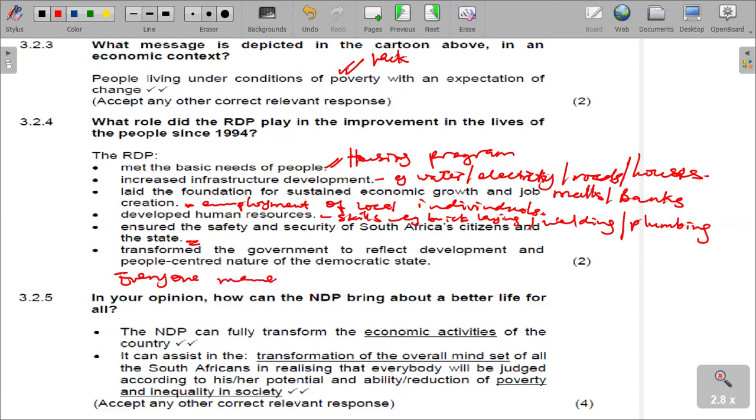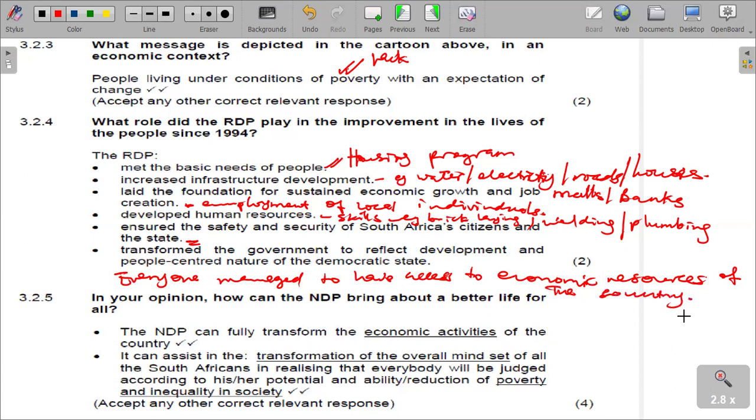managed to have access to economic resources of the country. These were also as a result of everyone managing to have access to economic resources of the country,